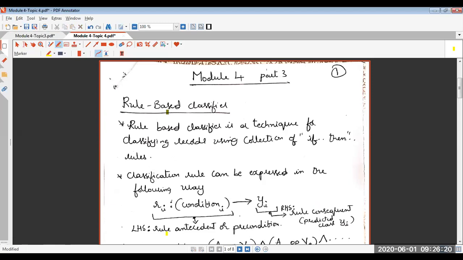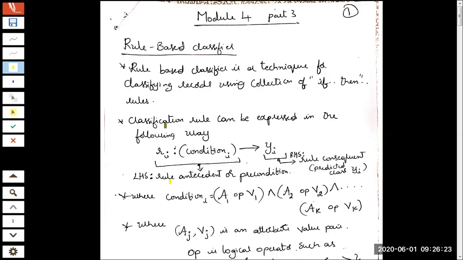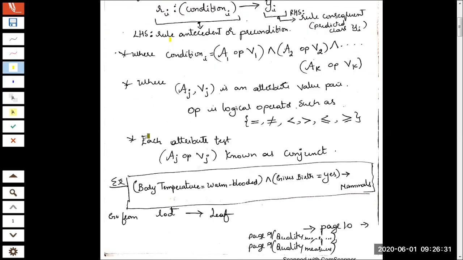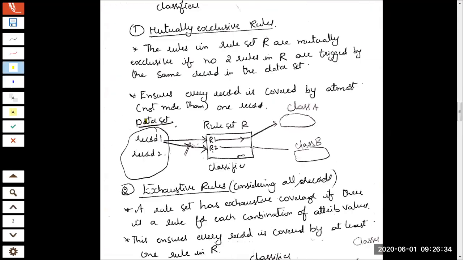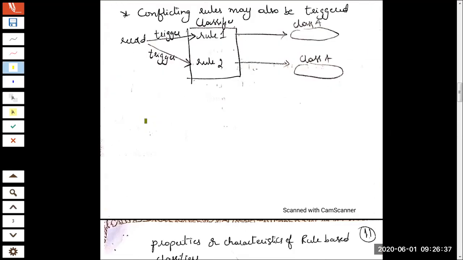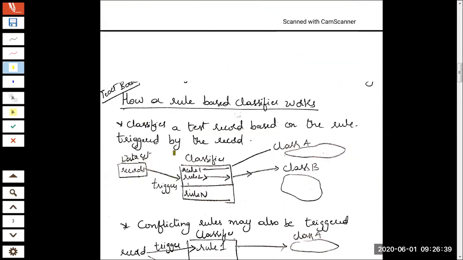A rule-based classifier. Previously, we saw one way of building the classifier. I think I will better demonstrate it through this graphical representation. Previously, we understood the database is towards the left hand side, and the class information or class label is towards the right hand side. In between the left hand side and the right hand side, we have the classifier, which is sitting here.